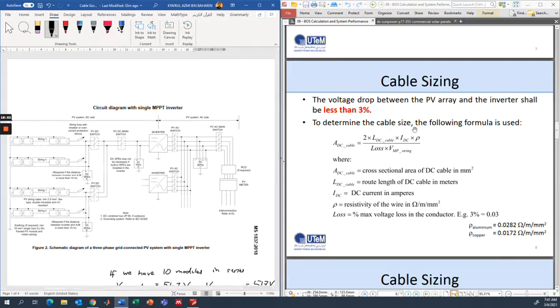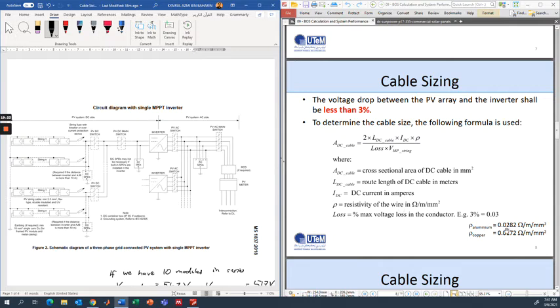Okay, so to determine the cable size, the following formula is used. This is the formula that we use, where all the variables are given here. A_DC cable is the cross-sectional area, L_DC cable is the route length of the DC cable in meters, I_DC is the DC current in amperes, and rho is the resistivity of the wire.